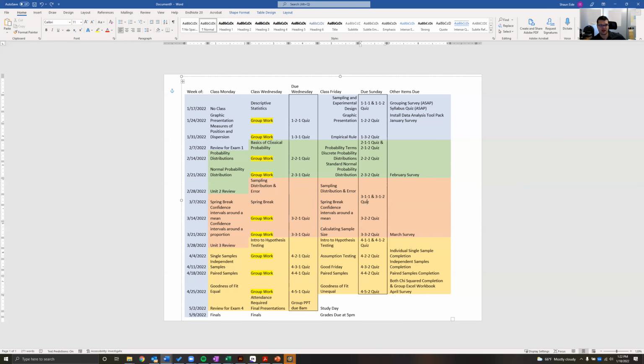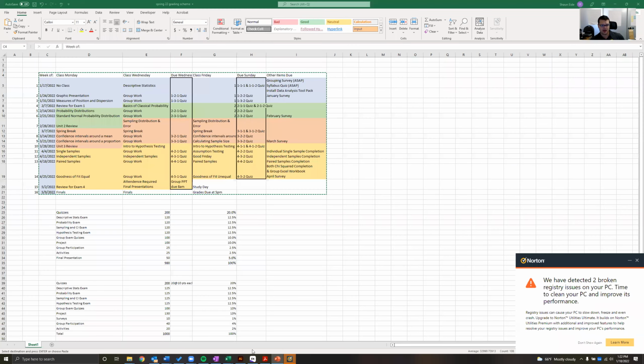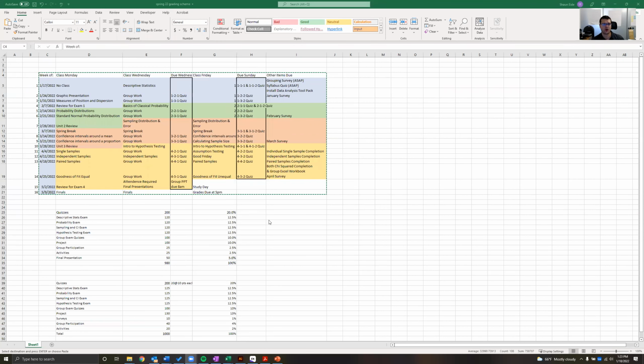And so just be aware that this calendar is here. It's set up for you to know exactly what you're doing. And you should be able to follow this along for pretty much the entire semester. Okay. Other than that, let's see if I can go back to the PowerPoint. Yeah, so that's pretty much it for the PowerPoint. I'm going to end this lecture here, and I'm going to do the next lecture going over Canvas.